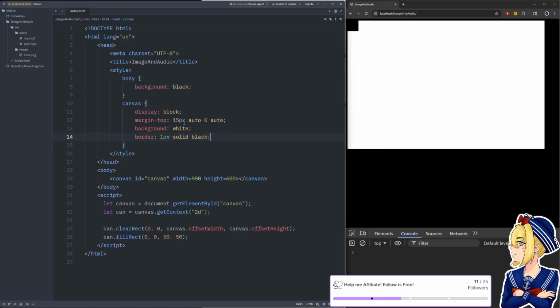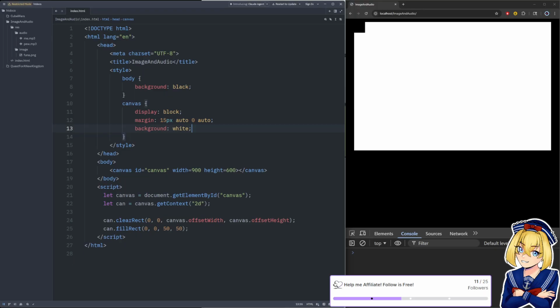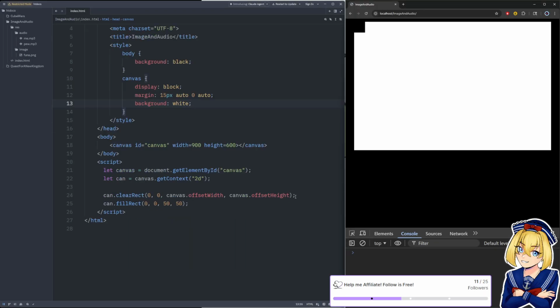It's not centered though, because instead of margin top, we need margin. Okay, and we don't need the border if the background's black and the canvas is white. Okay, then we also said can fill style is blue, right?